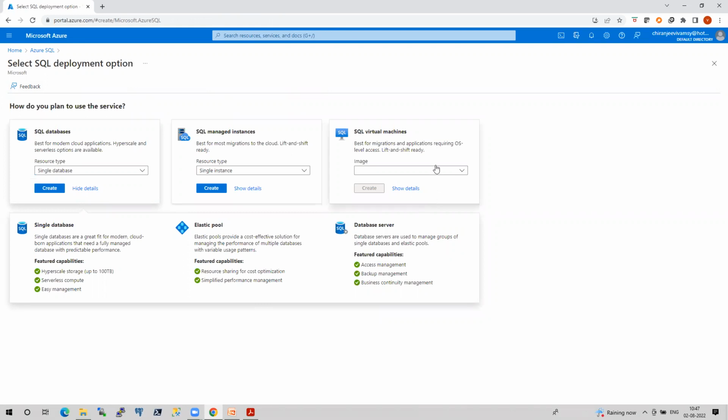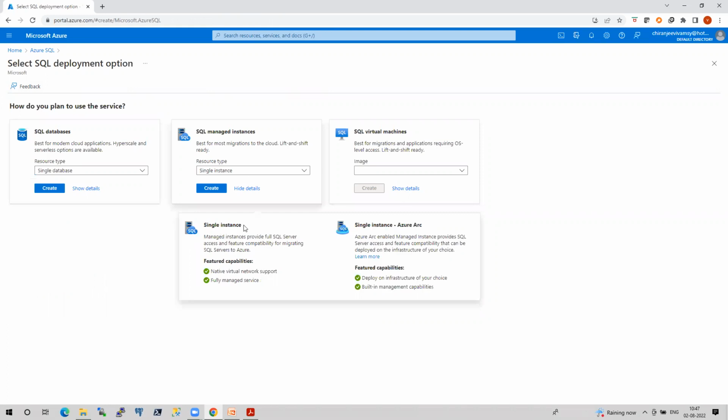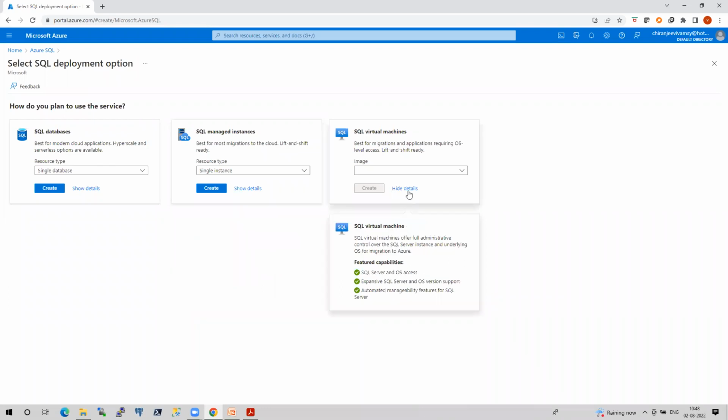This is for SQL database, and this is for managed instance. For managed instance, we have single instance and Azure Arc. This is again a new feature. I haven't explored anything on Azure Arc yet, so if time permits, I will try it. If not, I cannot guarantee it. It's a very interesting topic. And finally, virtual machines, which we covered till now. So I'm picking managed instance.